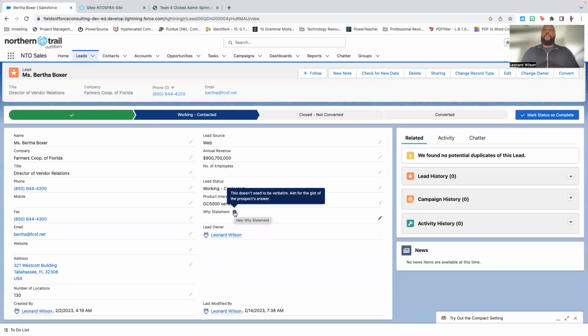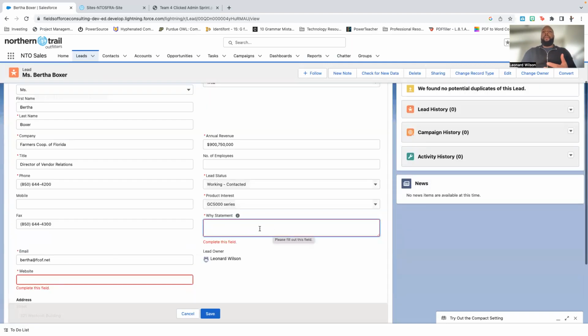This doesn't need to be verbatim. Aim for the gist of the prospect's answer. For one SDR, it could be a simple sentence. For another SDR, it could be a short paragraph. There's enough space for them to type once they click this pencil icon here, and they can type as much information as they need to. According to the contact,